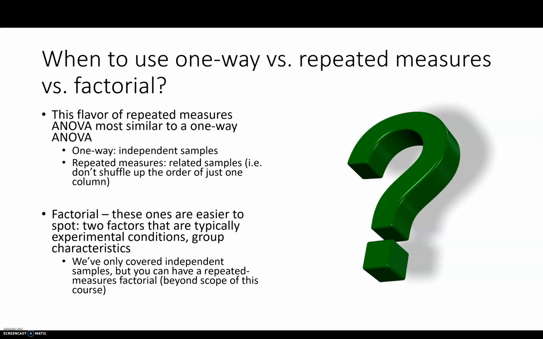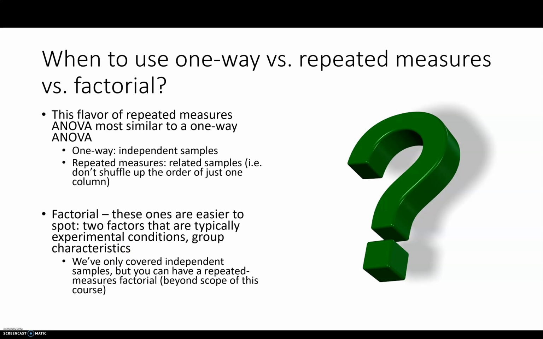Now, in terms of making the decision when to use this versus another one, it's best to think of this, at least the repeated measures ANOVA that we'll talk about here, as being most similar to a one-way ANOVA, where with one-way you have independent samples, and with the repeated measures you have related samples. Okay, the factorial ANOVA,